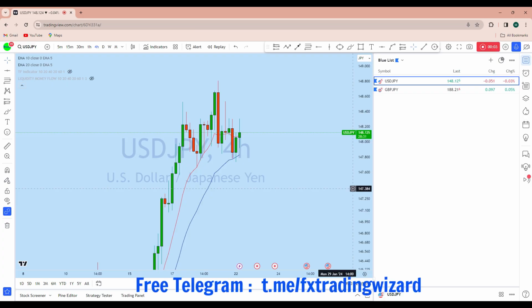A big day for yen pairs. We see the dollar yen and GBPJPY, both of these instruments currently showing significant trading opportunity. As expected, we have seen the dollar yen and GJ had a big bounce from this daily support level. Now let's see where we can find our next opportunity, as we have secured two trades in both of them,